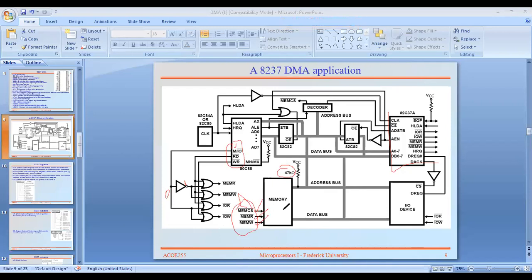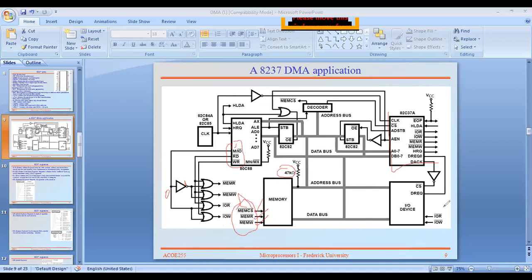Similarly, what buses does it contain? Address bus and data bus for any memory. That memory has memory read, memory write, and memory chip select.